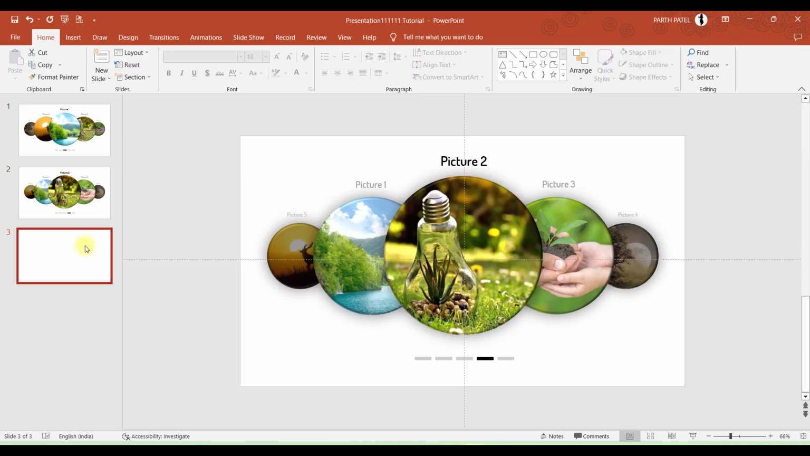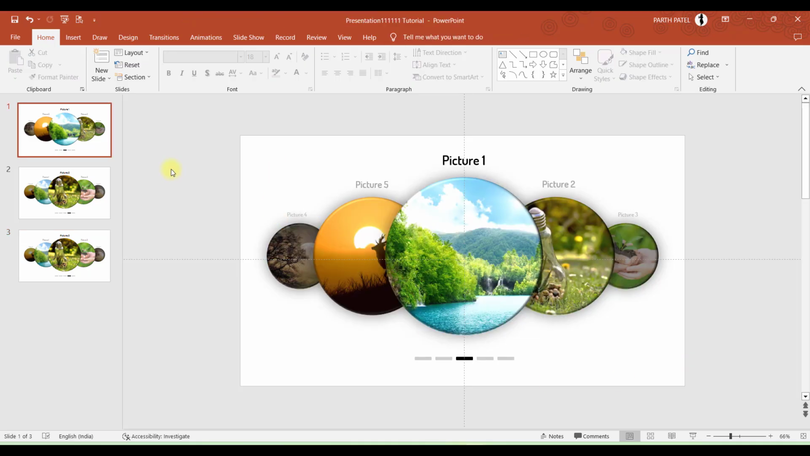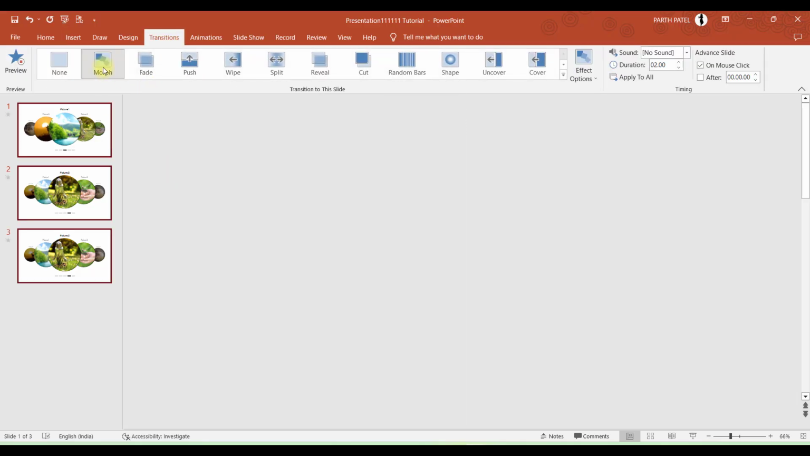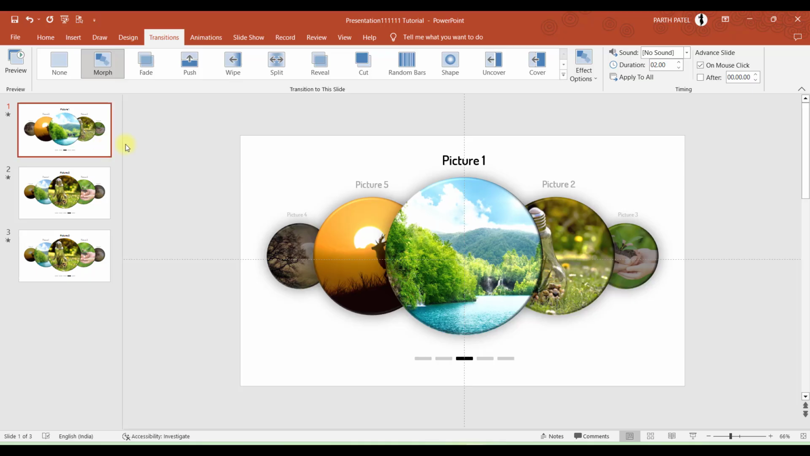duplicate this and make changes in slide number 3 as we did in slide number 2, and you can make 5 slides as we have included 5 images in this first slide. And when you complete all the 5 slides, select all the slides, go to transition and apply the morph transition, and you can play with this duration. So I have kept it as 1